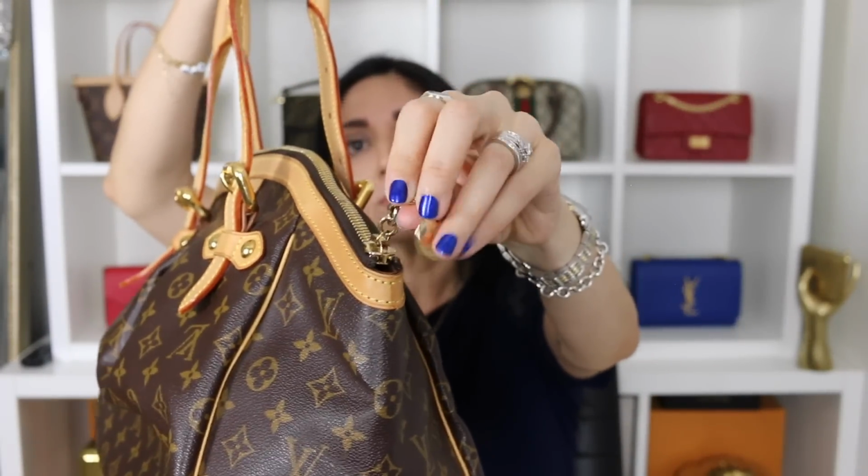I love the little LV zipper pull here. You have 5 feet along the bottom, and there are no exterior pockets. Now,